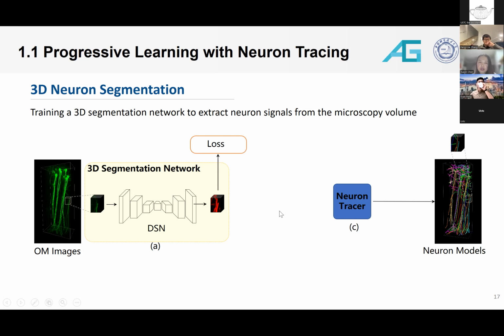So instead of generating the data annotation manually, we use some traditional neural tracer. The neural tracer actually implicitly applies some high-level or more global priors on the neural structure. We start from the OM images and apply a traditional tracer to generate neural models. Because the traditional tracer might be very sensitive to image quality and noise, the pseudo